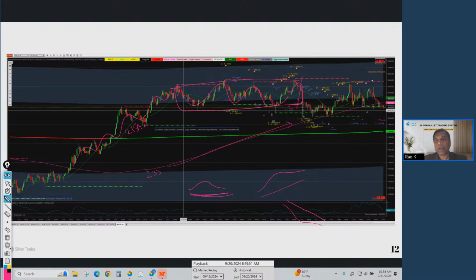And here, it came down and touched 233 SMA, just touched, kissed it, drank from the hose or river, and started to move back up. Is it not beautiful? Just went there. So all you have to do is take a trade here somewhere, or even here. Even if you take a trade here and reach this level, this much movement is enough for a decent living, to create wealth.